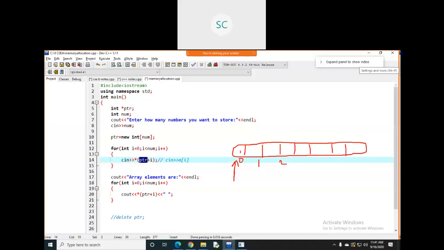While accessing also, you are mentioning ptr plus i, with i starting from 0. ptr plus 0 means the first element will be retrieved, then plus 1 means the second element, the third element, up to this number minus 1. Suppose the number is 10, then up to 9, the last element is going to be retrieved. In this way you can retrieve the elements.